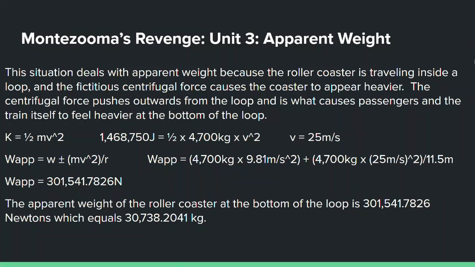Just to note, in the apparent weight equation, we are adding the weight and the mass times velocity squared divided by r because we are trying to find the value at the bottom of the loop. So the roller coaster should be heavier, which is why we're adding as opposed to subtracting if the roller coaster were at the top of the loop. So we end up with an apparent weight at the bottom of